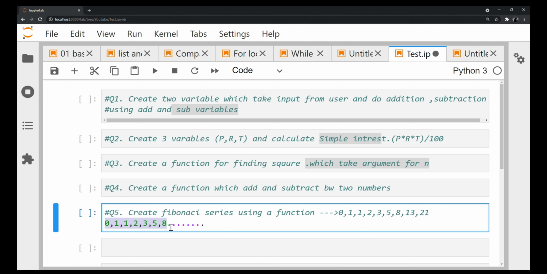Like this can go till infinity, right? This can go till infinity if you don't provide a range, how much you want to iterate. Try it out and print it, right? So if you don't provide it, it will go to infinity. Okay, guys, if you try it yourself, I'm going to show the solution now.